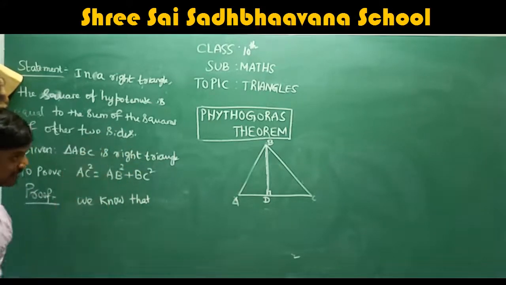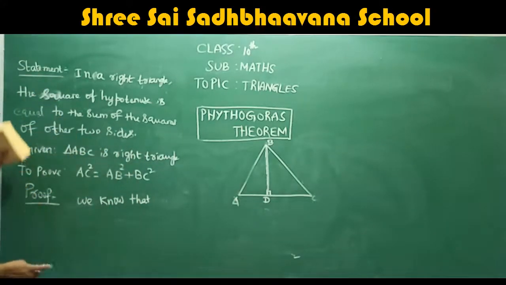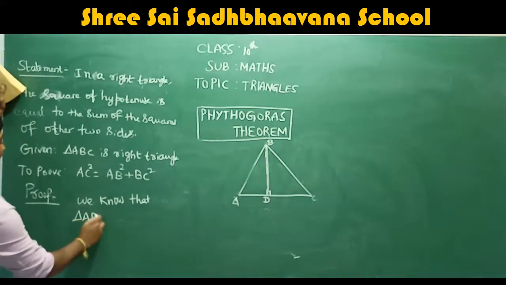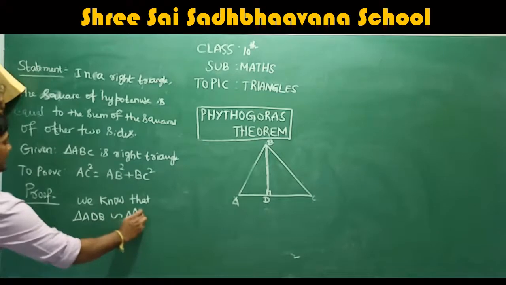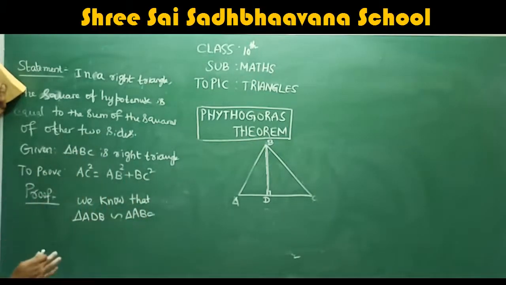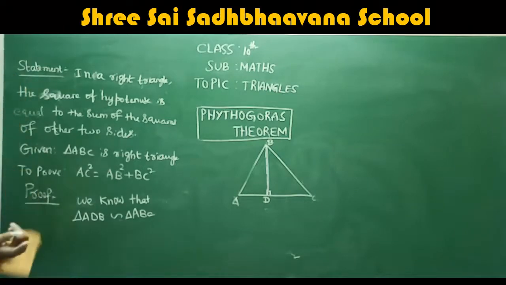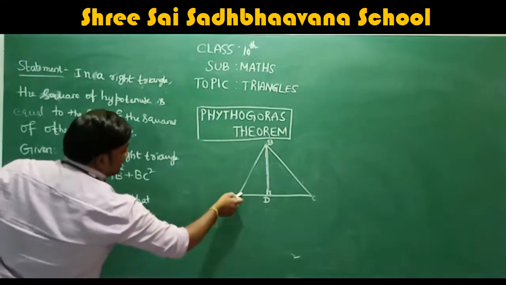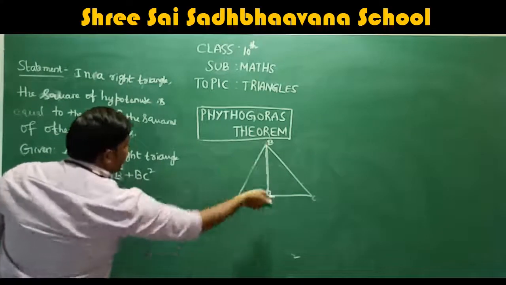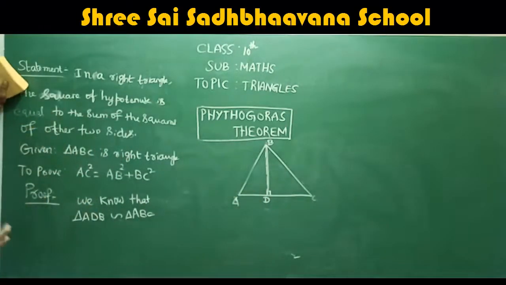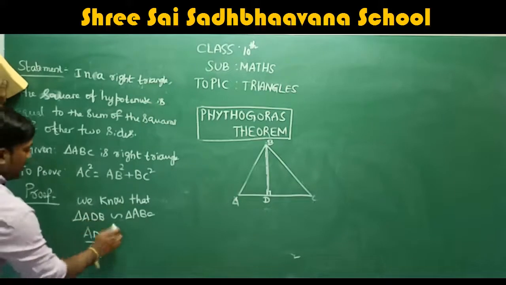from this triangle directly I am taking. So we know that triangle ADB is similar to triangle ABC. Okay, triangle ADB is similar to triangle ABC. Why we know that? Because just before this theorem proof we discussed that ADB should be similar to triangle ABC, correct? So if they are similar triangles, what is the first two letters here? AD by AB, correct? AD by AB should be equal to AB by